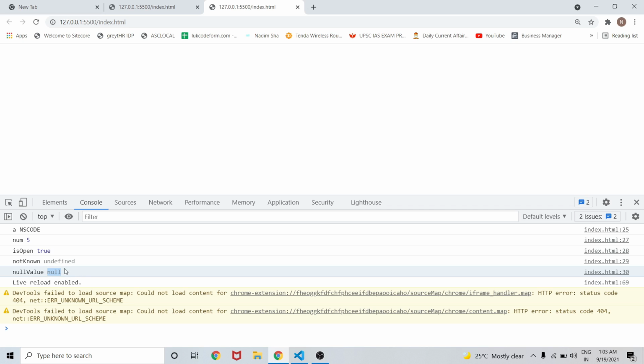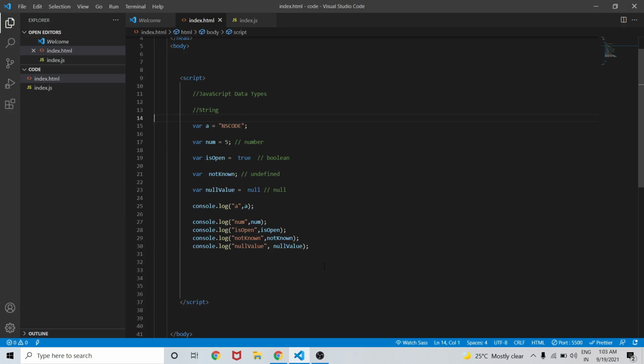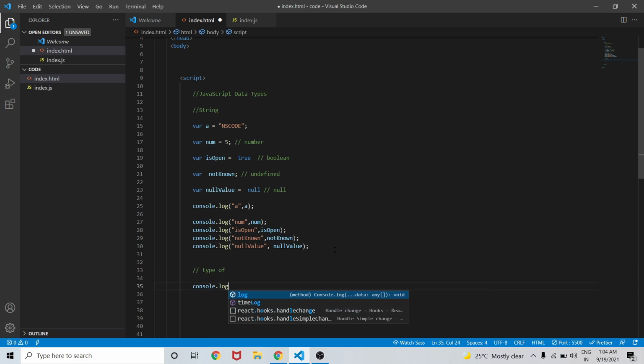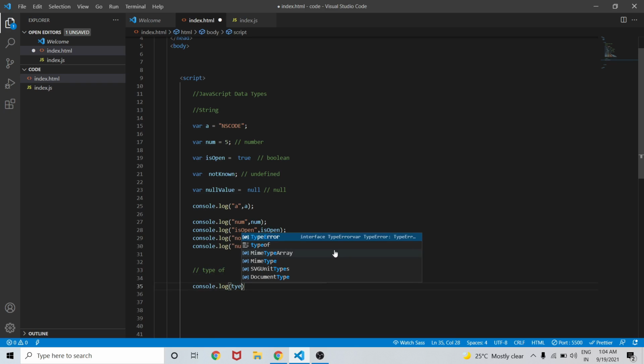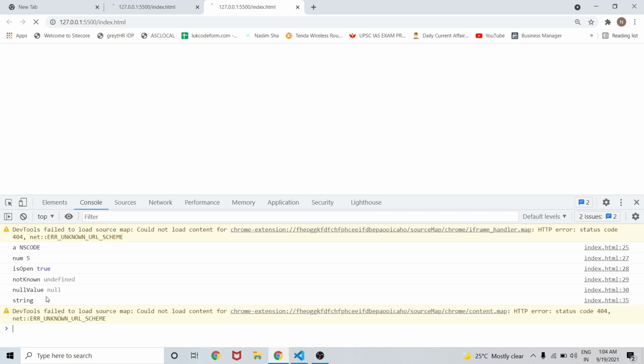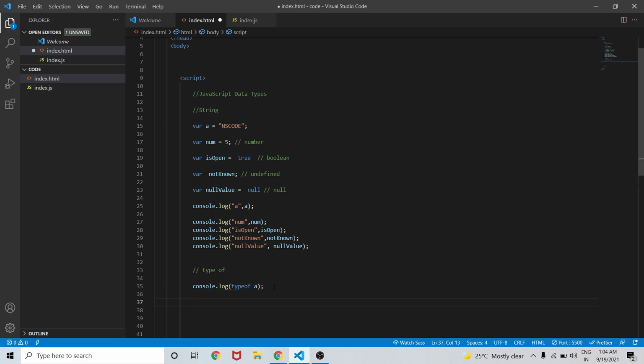We have some more data types in JavaScript. So let me define one more variable. In order to check the data type of a variable, we can use the typeof operator. I'll simply write console.log typeof a. This typeof operator just checks what type of data is present inside that particular variable.